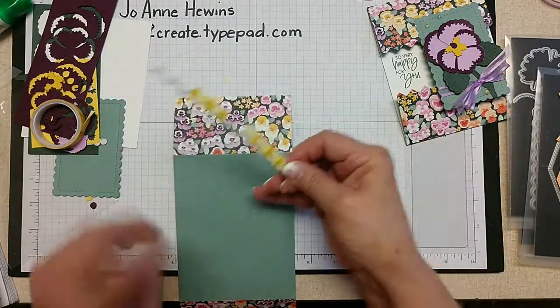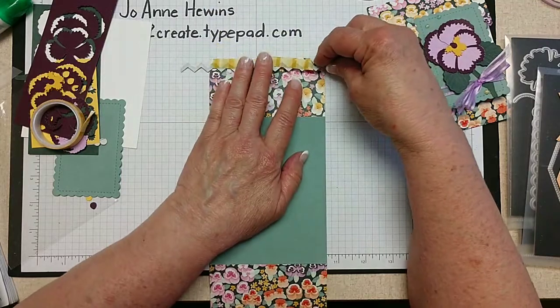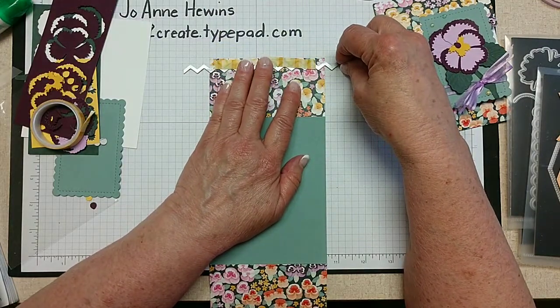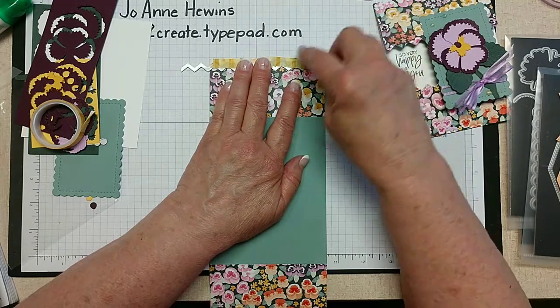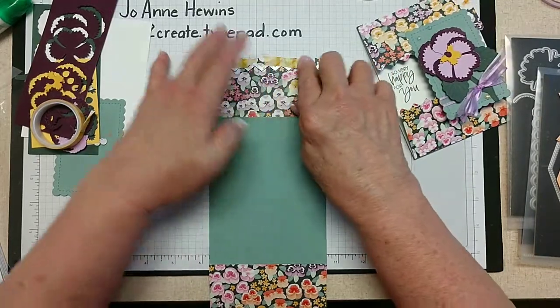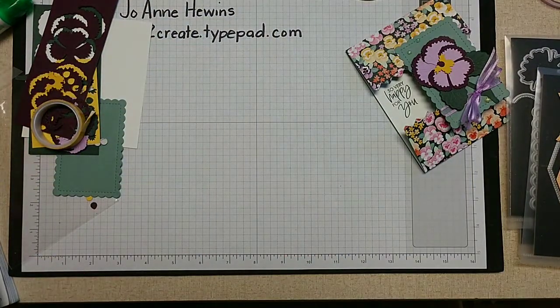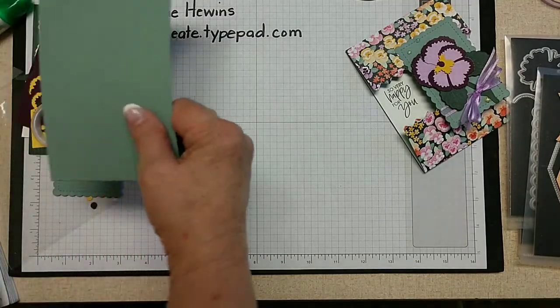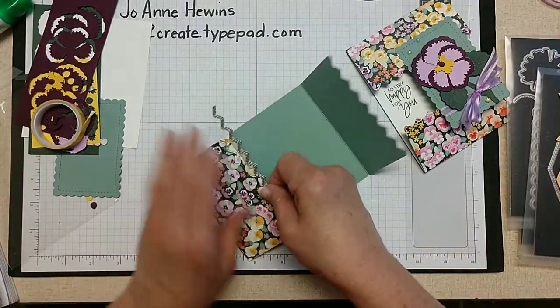And again, I want to think about where I had those cuts down here and try to make them about the same place on this next card or next end. Okay, so I think that about has it on each end and kind of like it is down here, and I'll cut that real quick. And that's really all there is to this fold. And to tell you the truth, you don't have to,